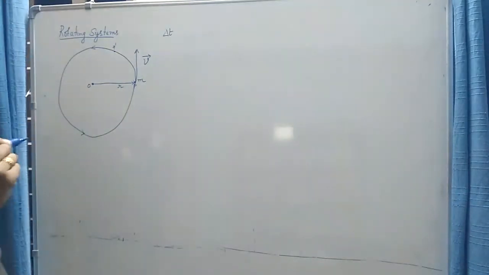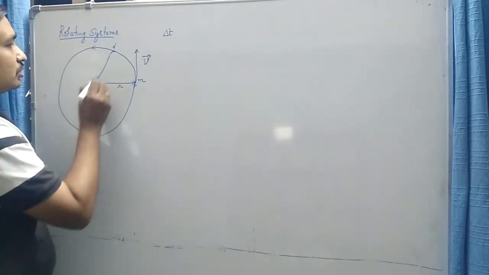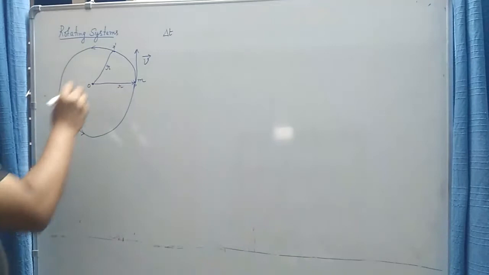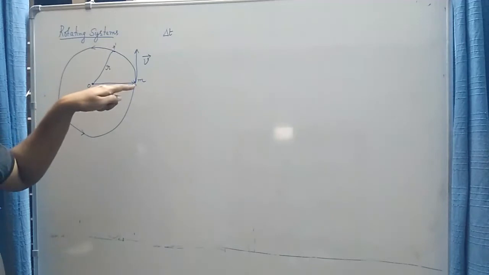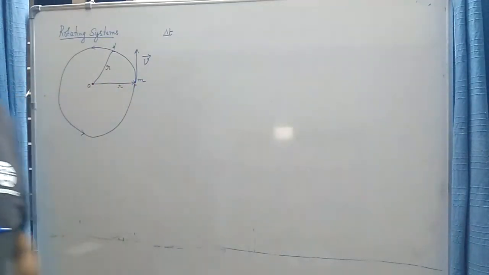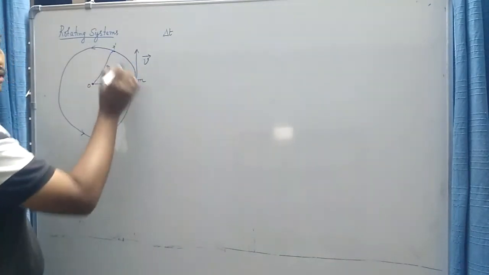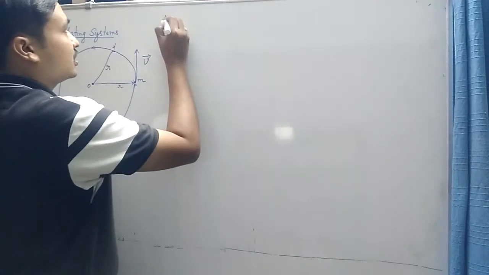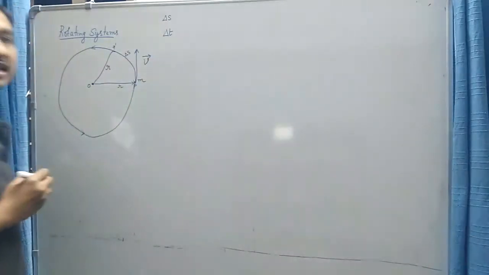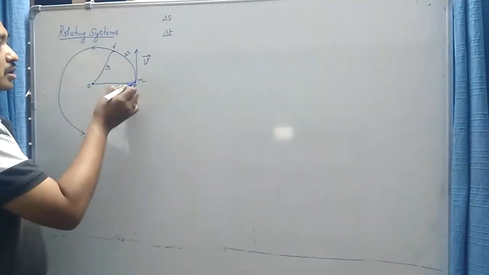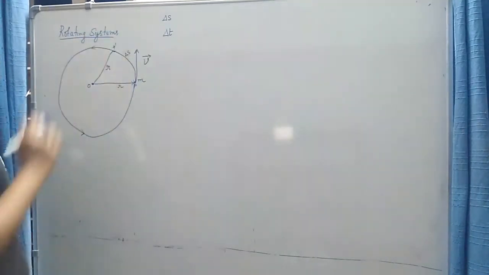Remember, even though the position of the particle has changed, its distance from this origin has not changed. It is at the same distance r from this reference point. So the direction of this radius vector r has changed, but its magnitude has not changed. Let the distance traveled along this arc be delta s. Let delta s represent a small distance traveled by the particle when it moves from point P to P dash. So the length of this arc is delta s.